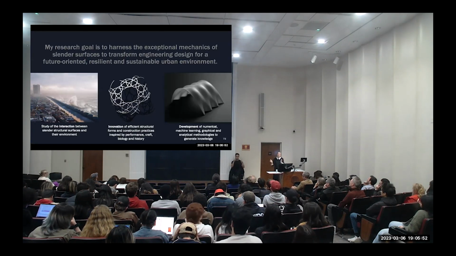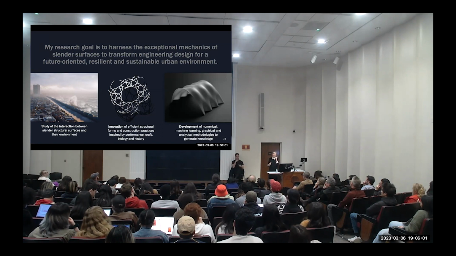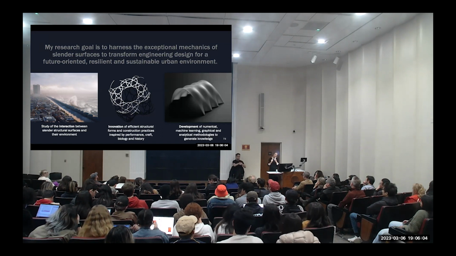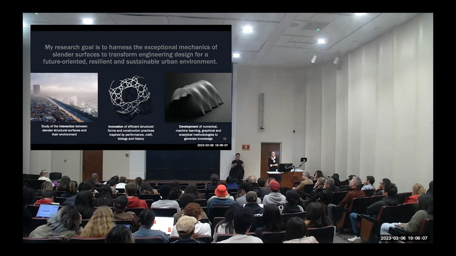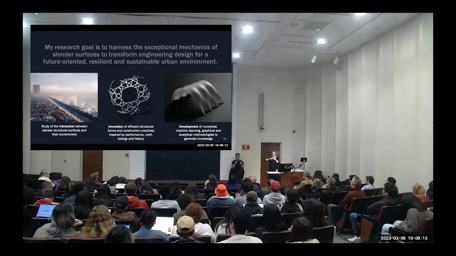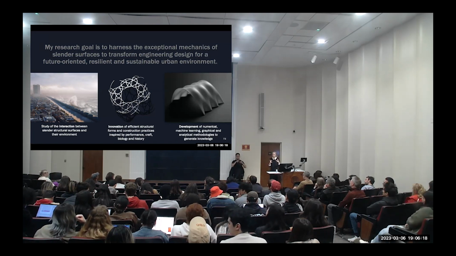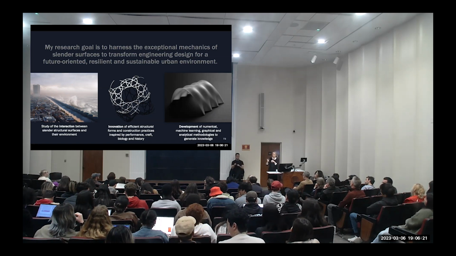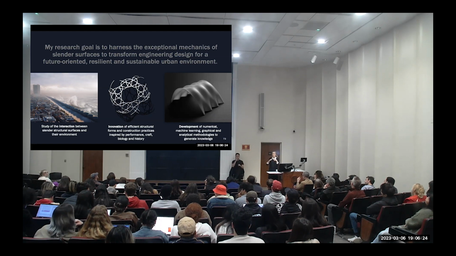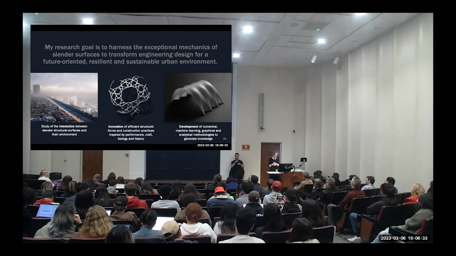And that brings me to the end of my presentation. So I hope that I've been able to show how in these slender surfaces, whether they are membranes or flexible shells or nets or solid shells, they have really interesting mechanical properties, right? They can amplify motion, they can stiffen, they can enhance load carrying capacity, and not because there is a lot of material in there, but really because of their geometry, because of the corrugations that you put in it, because of their topology in the case of the nets, like how you connect all the nodes together, that can all affect the mechanical performance of these systems.